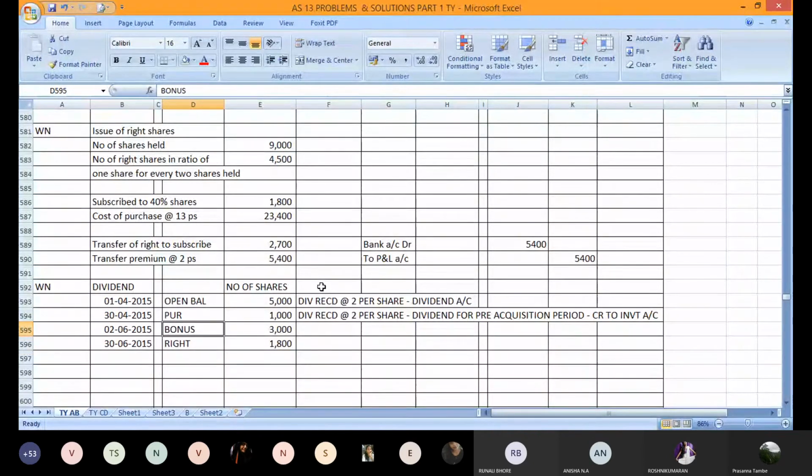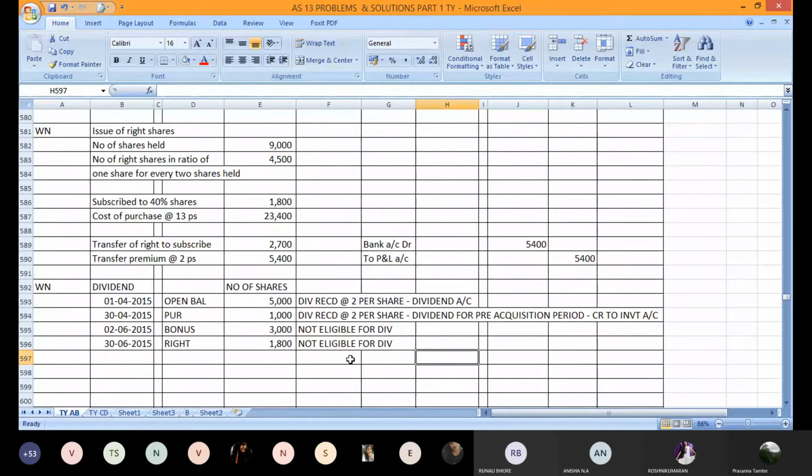So we can write here: not eligible. Both these types of shares which came into existence now were not there on 31st March 2015, so they will not be eligible to receive the dividend now. Next year they will become eligible, but as of now those shares are not eligible for any dividend. So your total dividend will be only on 5,000 plus 1,000, that is 6,000 shares. Are you clear about the conceptual framework on calculation and accounting of dividend?